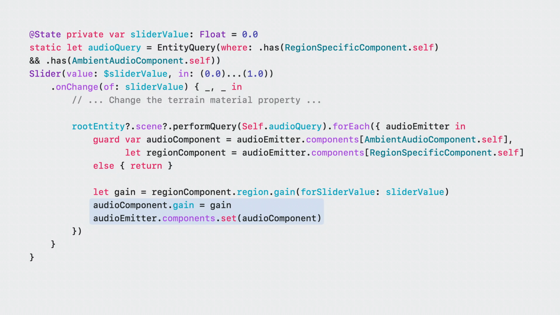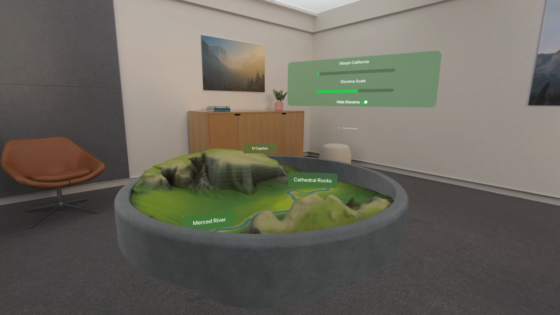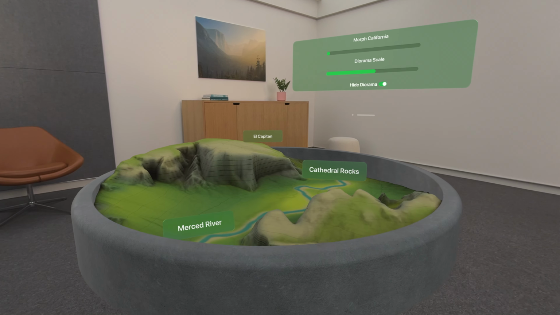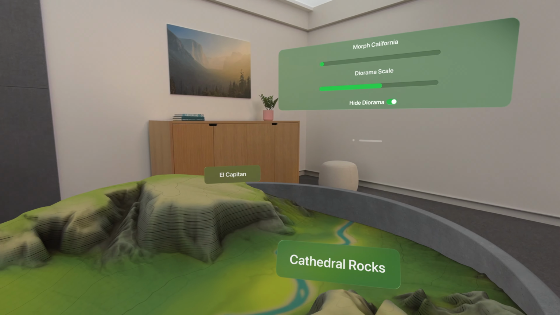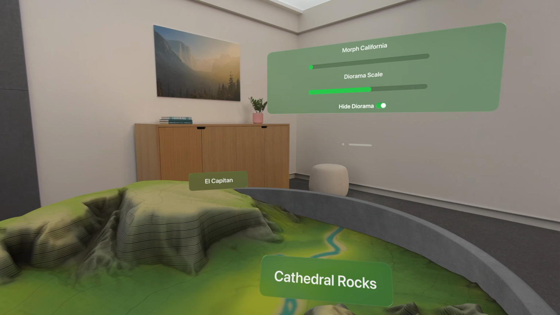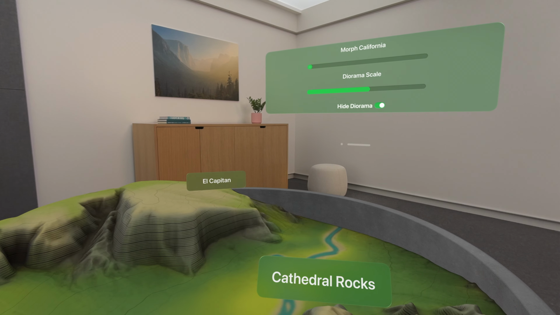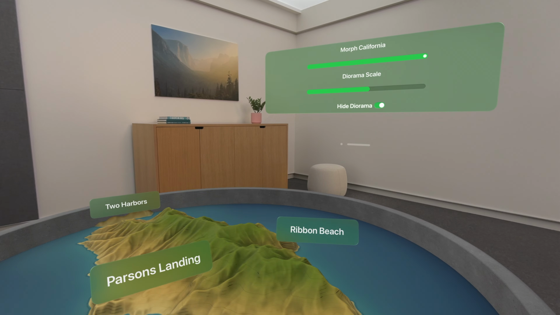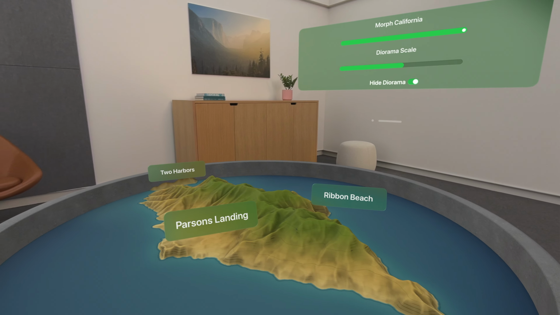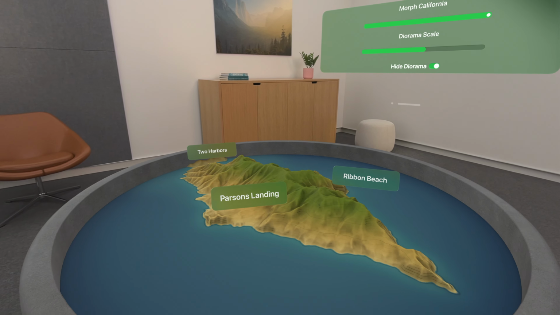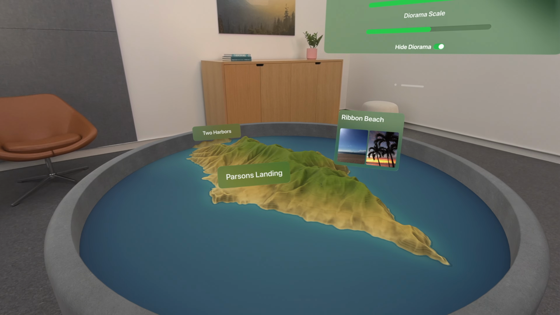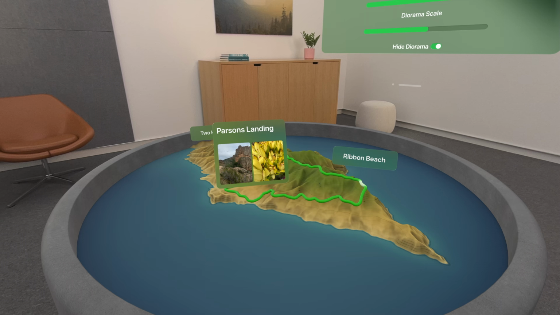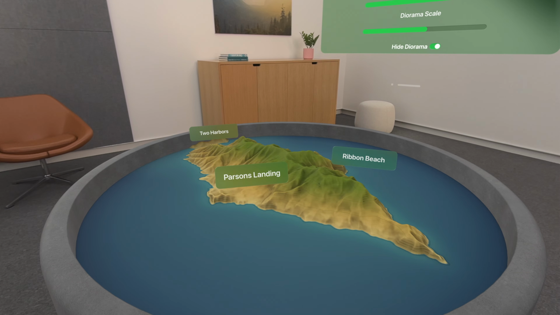Let's see that in action. Great! When we move the slider, we can see our shader graph material changing the geometry of the terrain map, and we can hear the forest sound fading out and the ocean sound coming in.